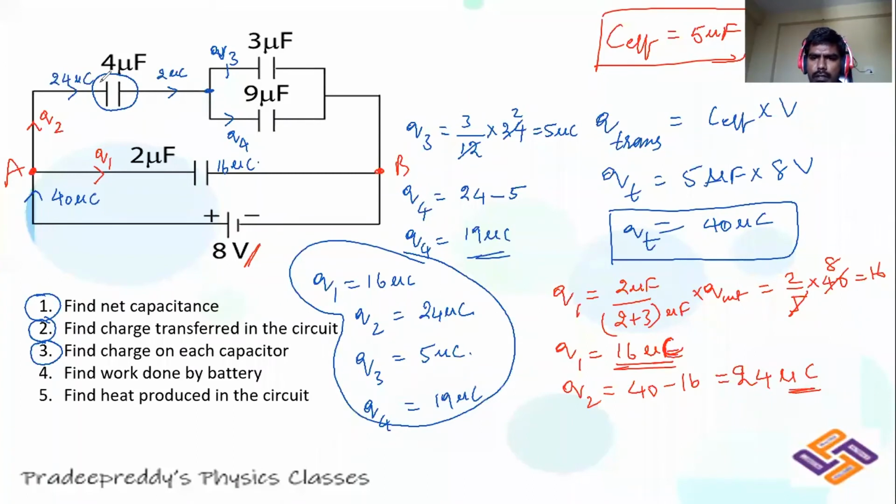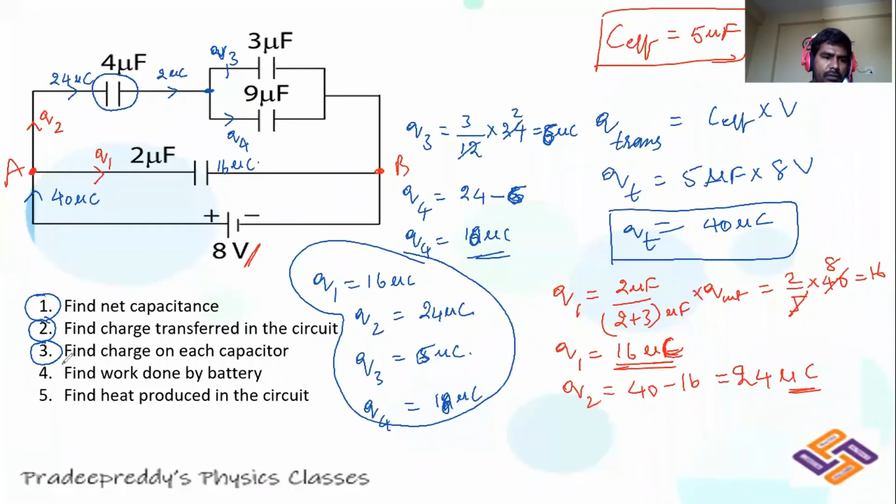Q3, is it 6, right? I'm sorry. Yes, Q3 is 6. I'm sorry, this is 6. 3 to 6, right? So it will be 18. This becomes 6 microfarad and this becomes 18 microfarad. I'm sorry. So Q1, Q2, Q3, Q4, all those values we have calculated.